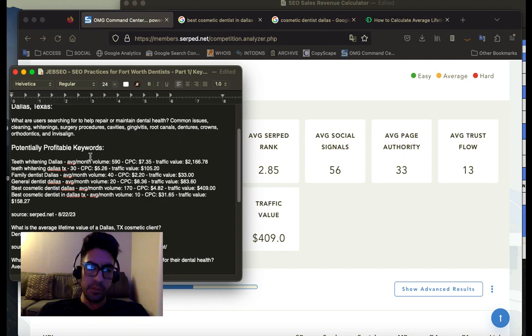I compiled today. I picked 6 keywords: teeth whitening Dallas, TX, family dentist Dallas, general dentist Dallas, best cosmetic Dallas, best cosmetic dentist Dallas, and best cosmetic dentist in Dallas TX. So with keywords,